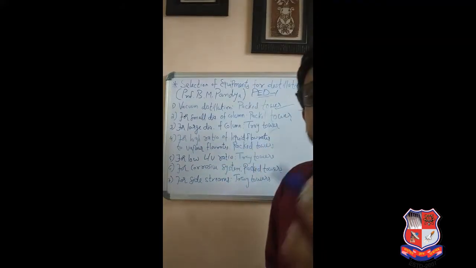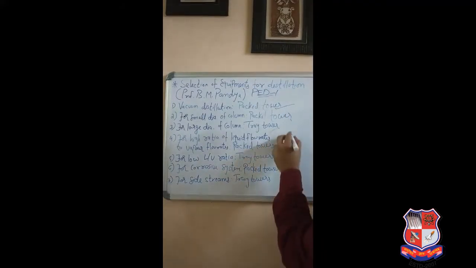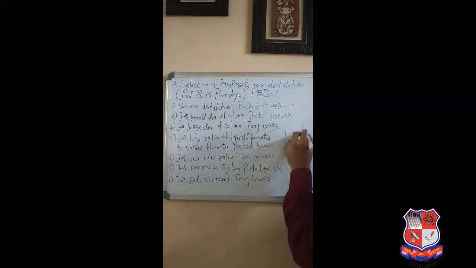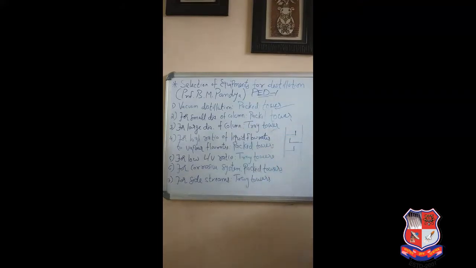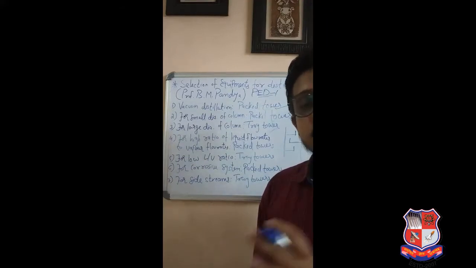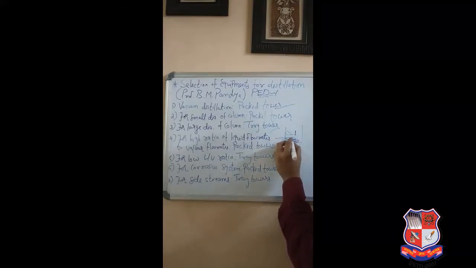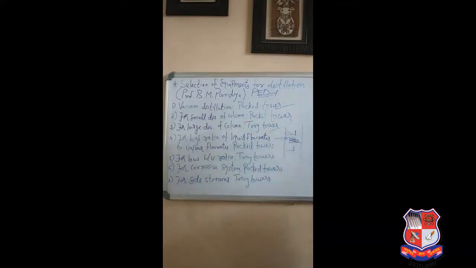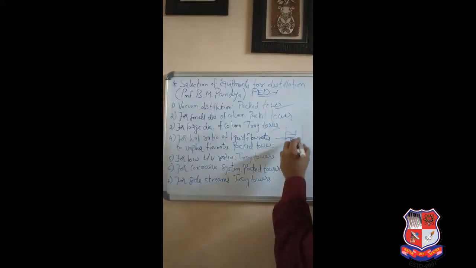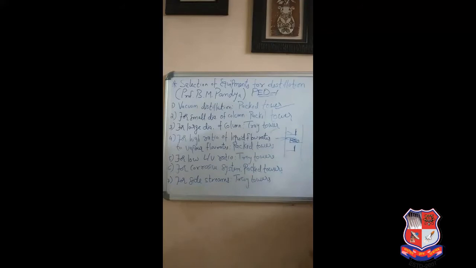But what happens if you use a packed tower? If you are having a distillation column and if you are having a tray like this, this is the weir. This weir is just to hold the liquid on a particular tray, right? Now if you are having very high flow rates, a lot of liquid will be on all the trays. What will happen if you are having a very high liquid flow rate? You should have very high weir heights so that the hold up is also more.